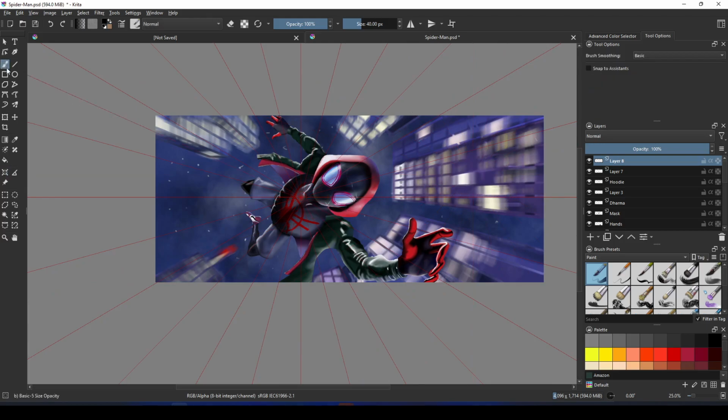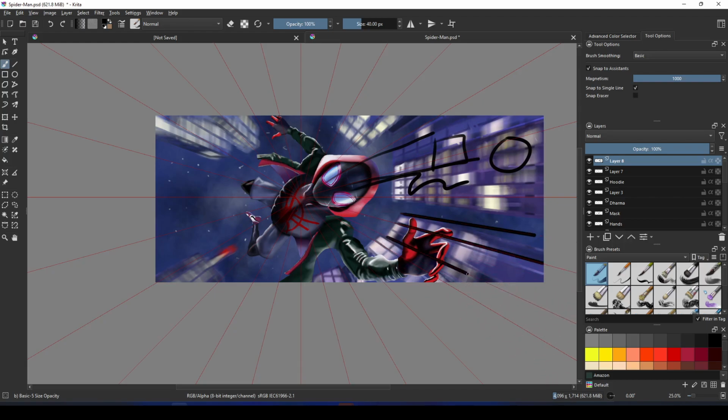Now if we switch to brush mode, we can see lines while drawing the brush. You won't be able to modify the vanishing points now that we are in brush mode. But you can still draw out of perspective lines, aka freehand drawing is still possible. However, to draw strictly in perspective lines only, we have to go to Tool option and check Snap to Assistant, which will force to draw in perspective lines only. To modify the perspective lines, we need to go back to Assistant tools.